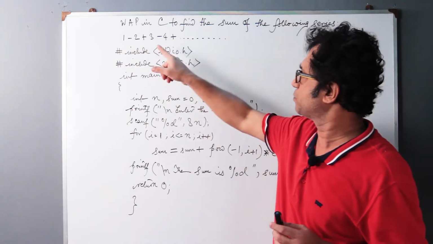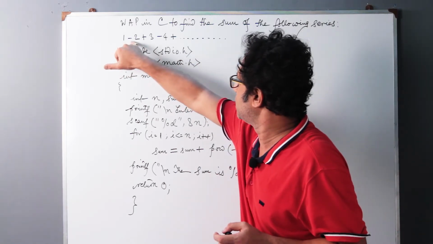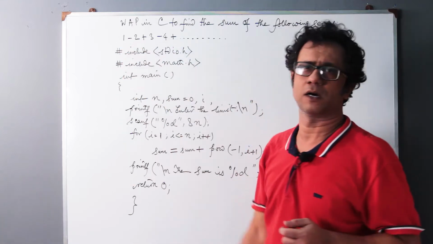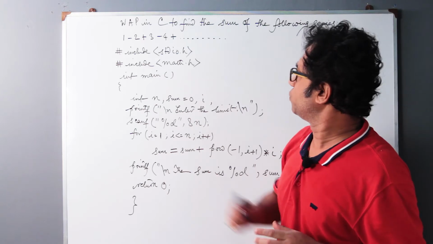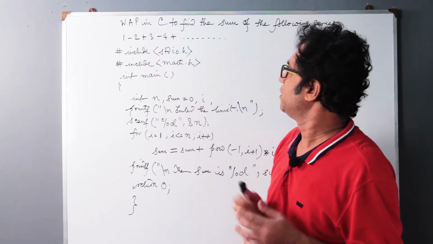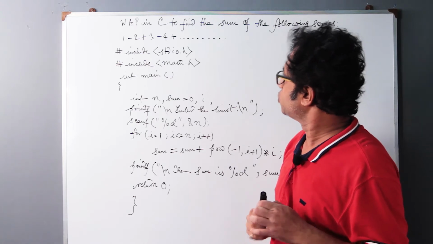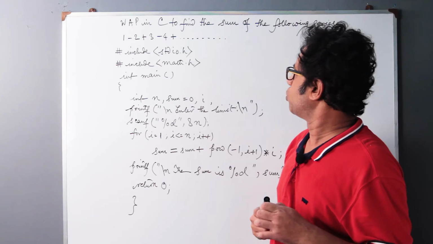But this one is a little bit tricky program, which includes minus and plus signs, and these plus and minus signs are alternating in their positions. So these minus and plus are alternating with each other. There is an interesting twist in this program. So let us get started with explaining the program.